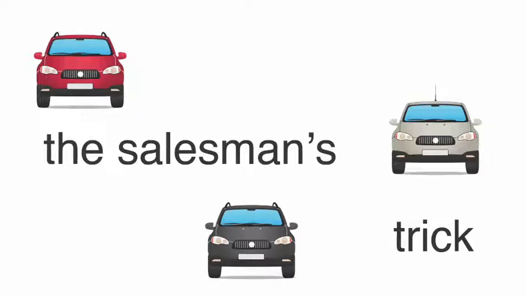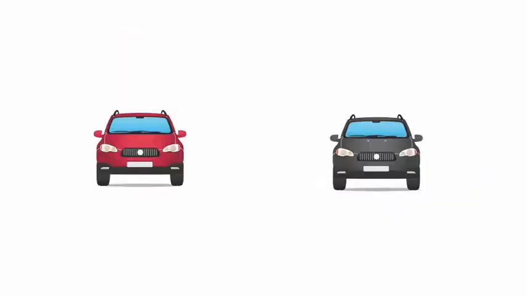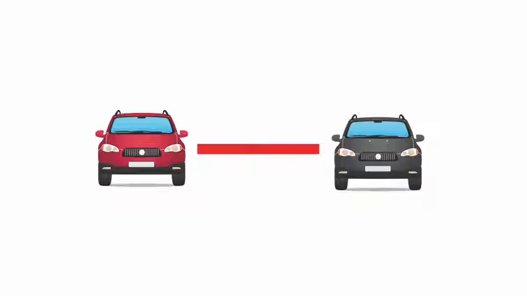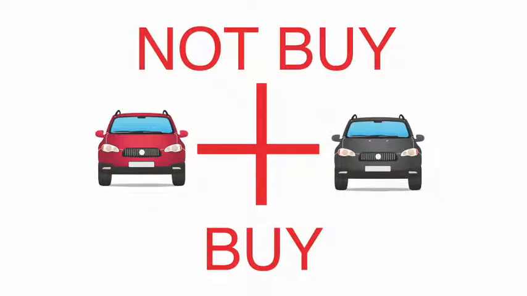Understanding crossing can help protect us from those trying to take advantage of us. For example, there's what I call the salesman trick. Suppose you're interested in this vehicle and it comes in various colors. The salesman says, which are you going to buy, the red one or the gray one? And so he is focusing your attention on buying the gray one or buying the red one, gray or red. This distracts you from remembering that you have the option of not buying either car.